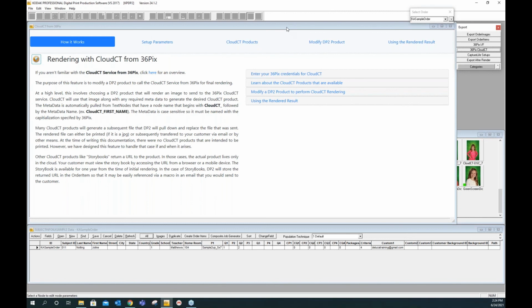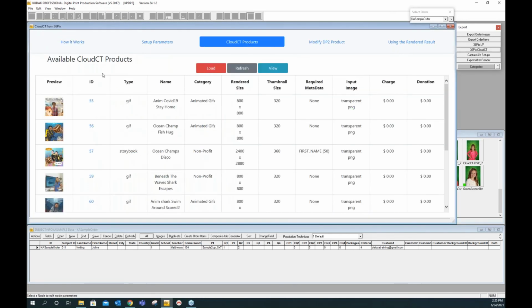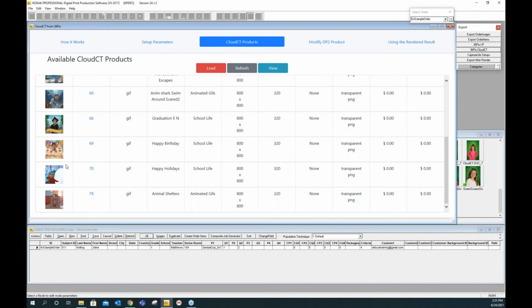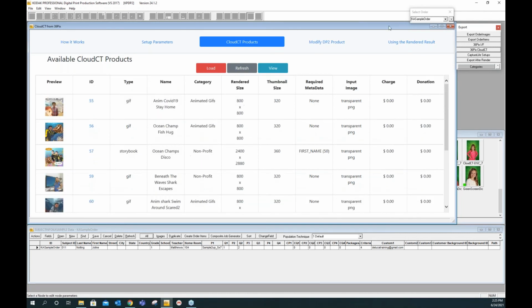And the first one of these we enabled, walk through the interface, was in the export after render. So this is another one. And just very briefly, as a reminder about these kinds of services inside of dp2, this is one where we can see the Cloud CT. These are all of the available layouts. And these are simply a product in dp2 with a little bit of code in it, but these result in books or other,